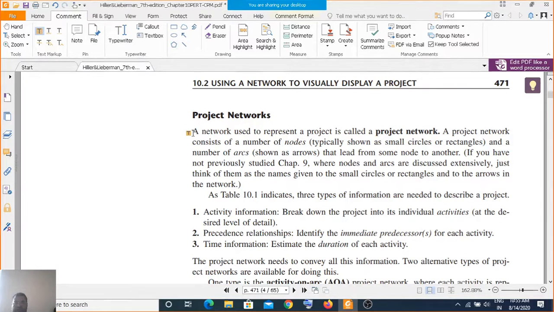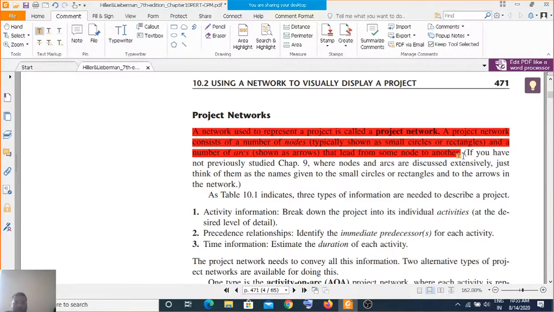A network, or project network, is used to represent a project. It consists of a number of nodes, typically shown as small circles or rectangles, and a number of arcs shown as arrows, and they lead to one another. So this is a simple definition of the project network.